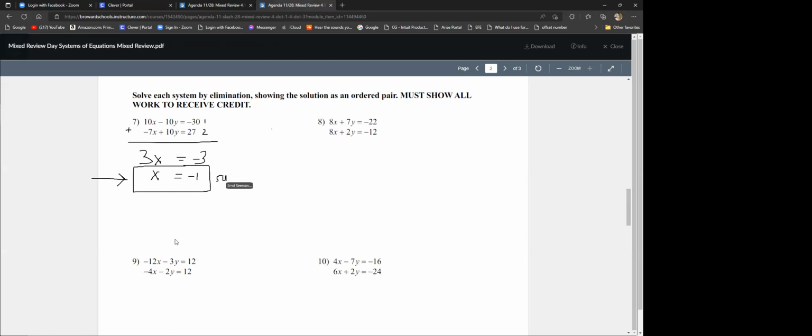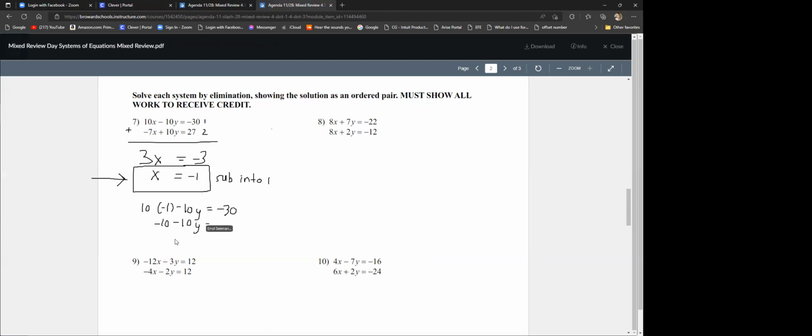Substitute. Now we substitute. Yep, first we did elimination, then we did substitution. Substitute into 1 or 2. Just say 1. So 10 times -1 minus 10y equals -30. The idea is to solve for the x and y, right? What's 10 times -1? -10 minus 10y